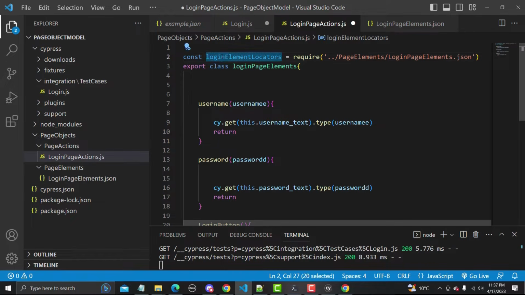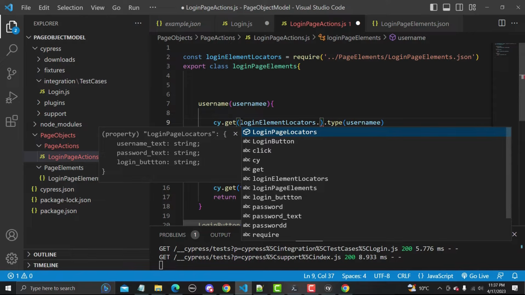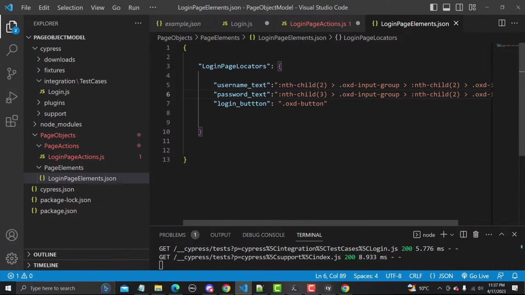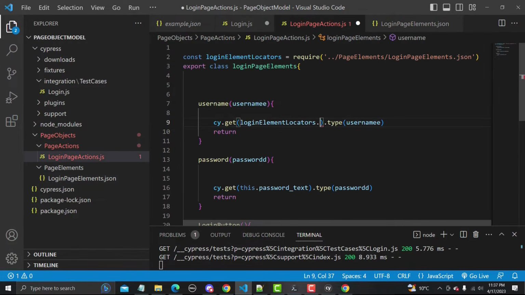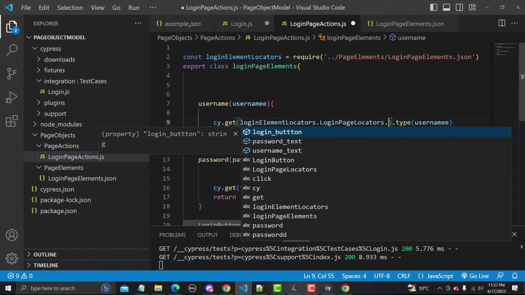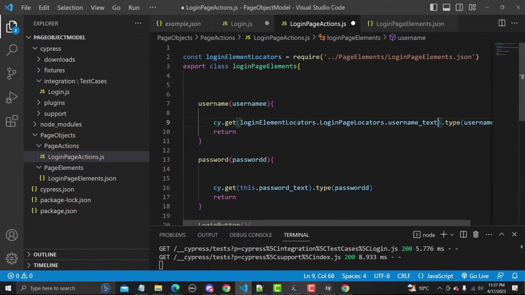We need to use this variable here and provide this one, and inside this one we have login page locators, and inside that we have this user underscore text, and similarly we need to change this value from here.